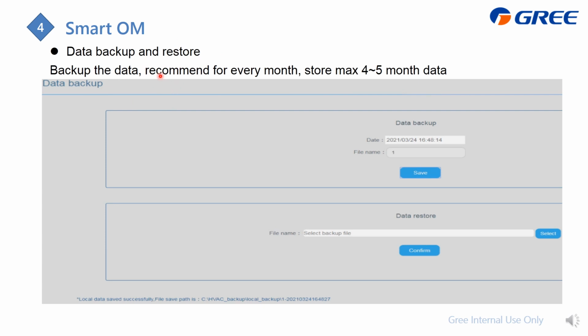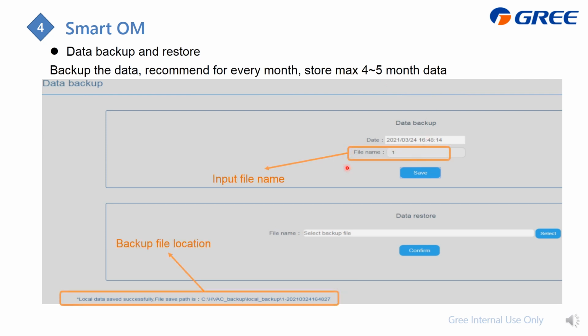We recommend backing up once every month, and the gateway can store a maximum of 4 to 5 months of data. How to back up is just from here. First input the file name and then press save. It's okay. When you need to restore it, just select the file. It's okay. Here is the backup process.